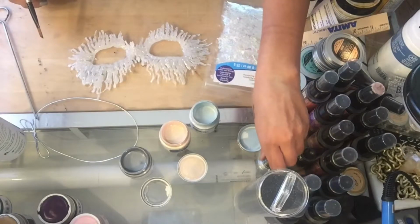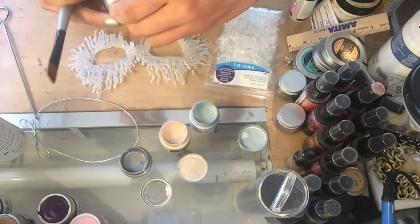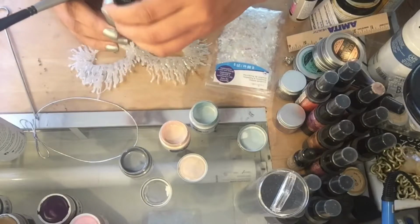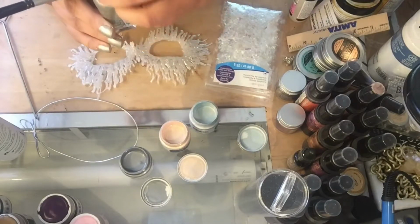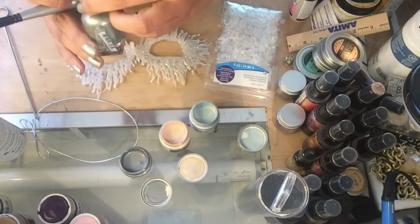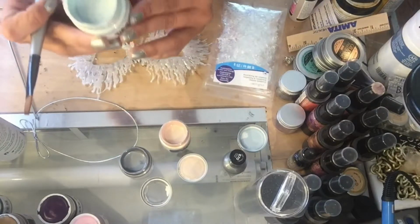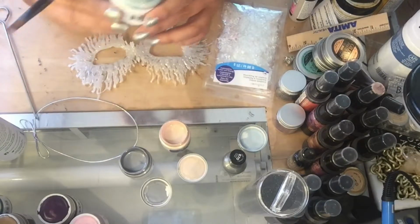Okay, so I just finished with a little bit of this. I just placed it sporadically. This is Sally Hansen color, and it is called Buffalo Nickel. Yeah, Buffalo Nickel, and that's $6.70. Now I'm using the Finnabair Art Alchemy Opal Magic Pink Blue color,